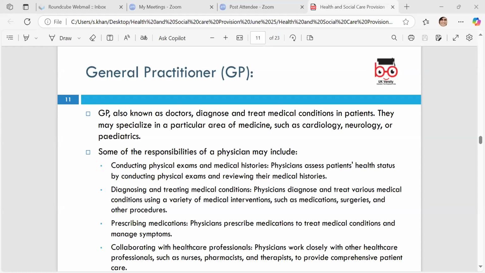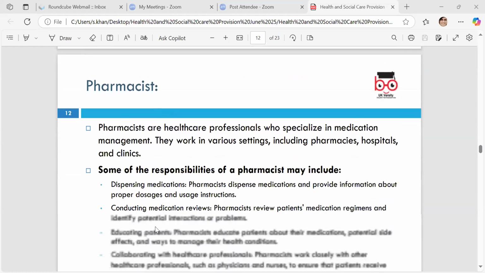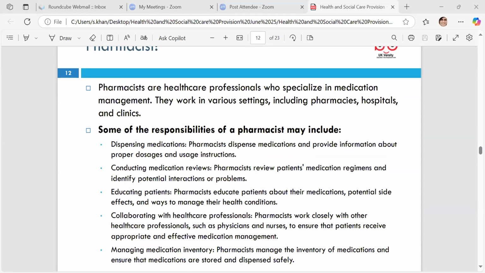Some GPs are trained for minor surgeries, and they provide you ongoing treatment all the time, so they are there to provide you that ongoing treatment, and prescribe medication. Then you have a pharmacist, a healthcare professional, and they provide dispensing prescriptions,